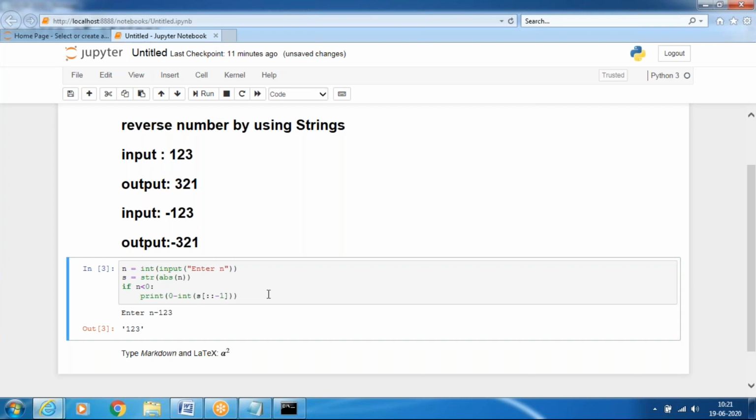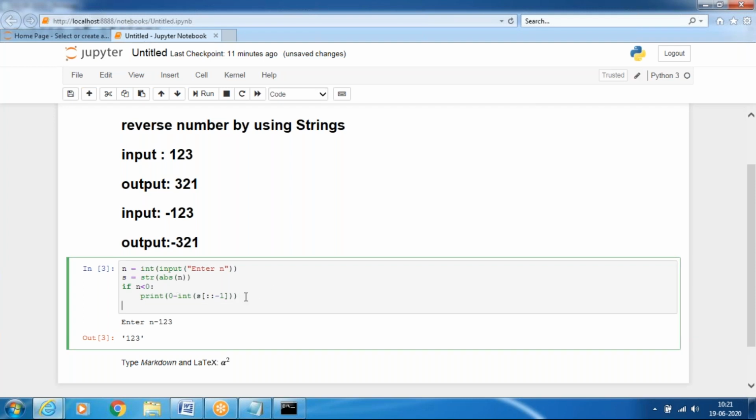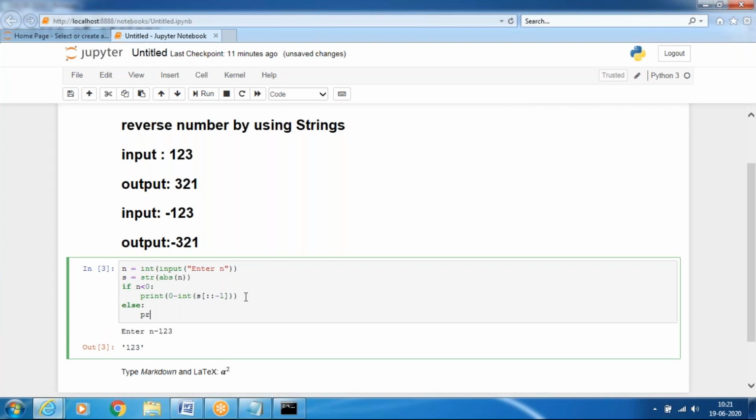So you will understand that one. Otherwise I will tell you clearly. Else colon print of int of s of colon minus 1. So we will see it and we will run this code.